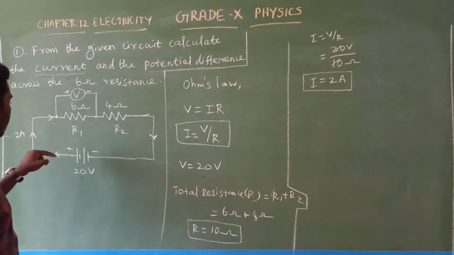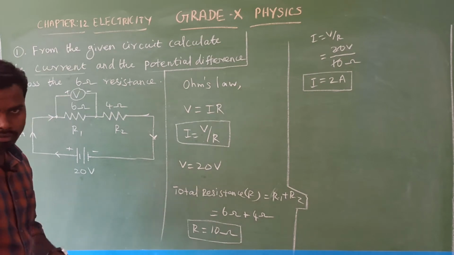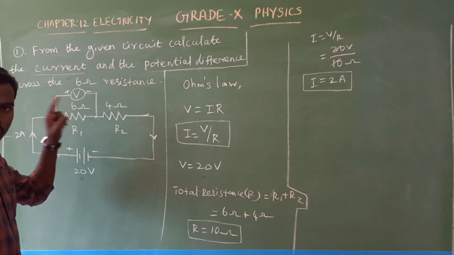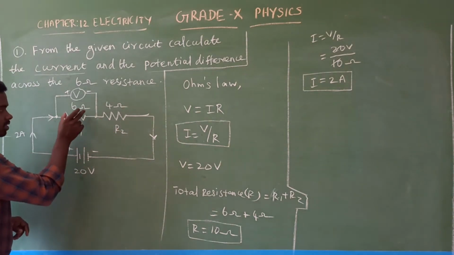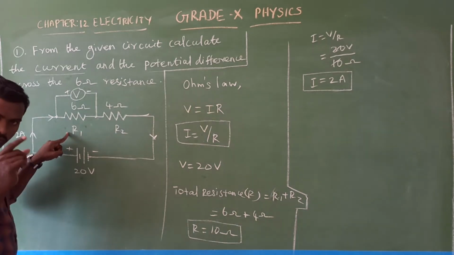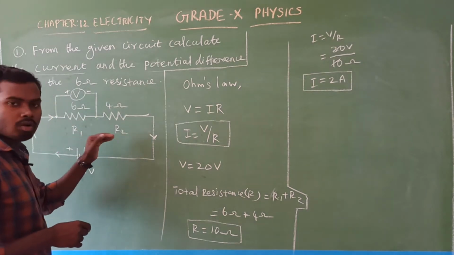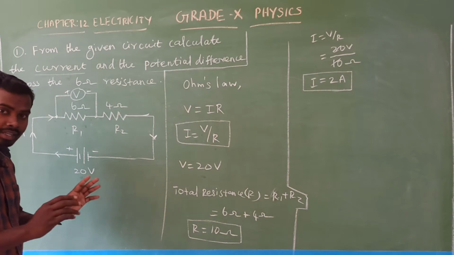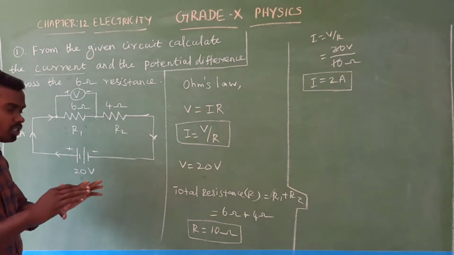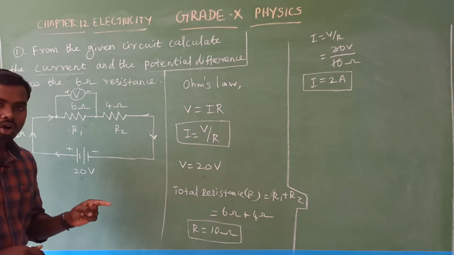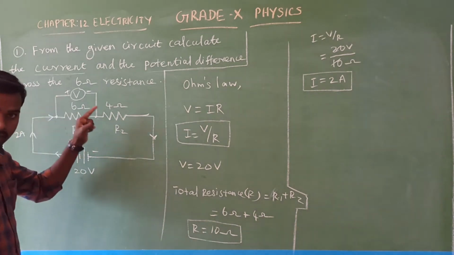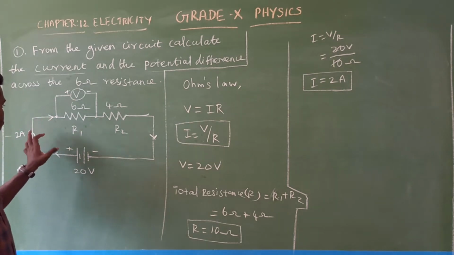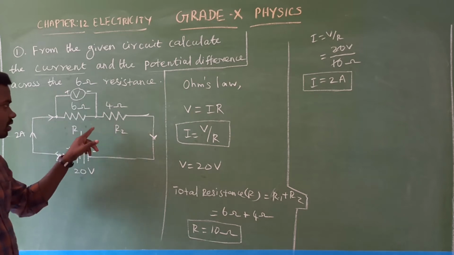Already we know, students, in series combination the voltage gets distributed. Isn't it? Yes. So look at here. We have connected 2 resistors. Across the resistor R1 there will be potential difference V1, and across the resistor R2 there will be potential difference V2, because here the 20 volts gets distributed. Already we know in series combination current remains same, but potential difference gets distributed. So here 2 resistors are connected in series, and the 2 resistor values are different.